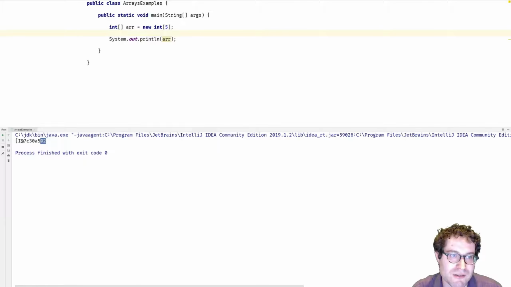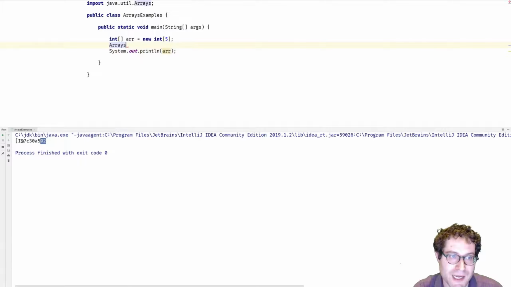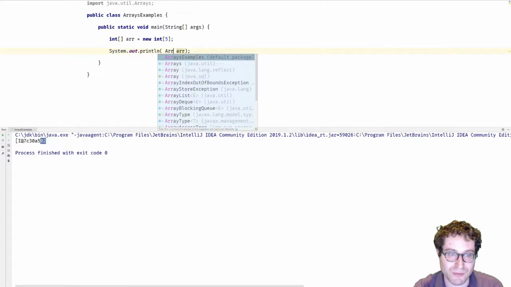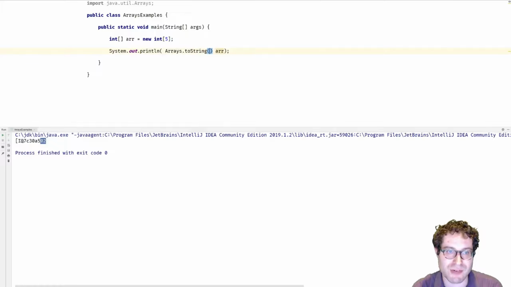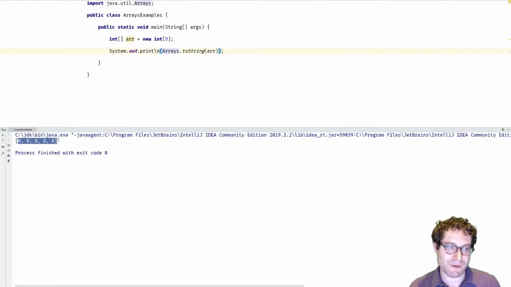So what we're going to use instead is a useful utility class called Arrays. It's a utility class just like ints have the Integer class, doubles have the Double class, arrays have the Arrays class. So here what we're going to use is a useful method called the Arrays.toString method, which given an array will turn it into an actual, usable string for us. So if we run this, we get 5 zeros,